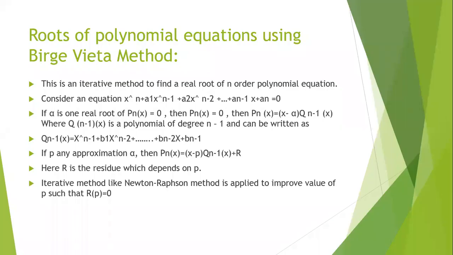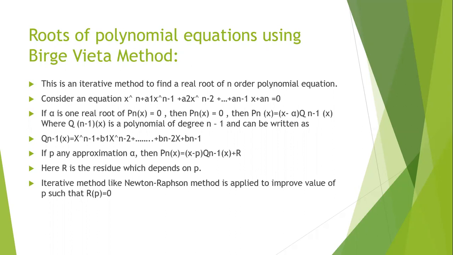If alpha is one real root of Pn(x) equal to 0, then Pn(x) is equal to (x minus alpha) into Q(n minus 1)(x), where Q(n minus 1)(x) is a polynomial of degree n minus 1,